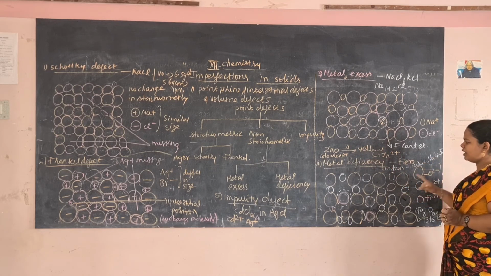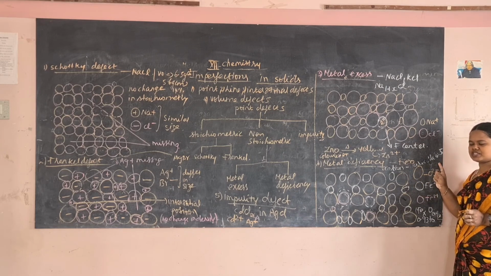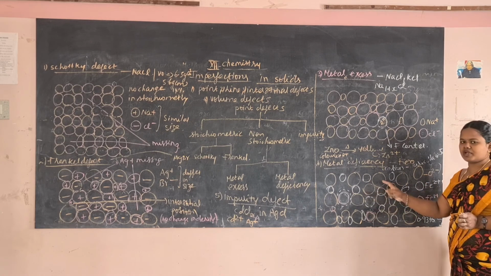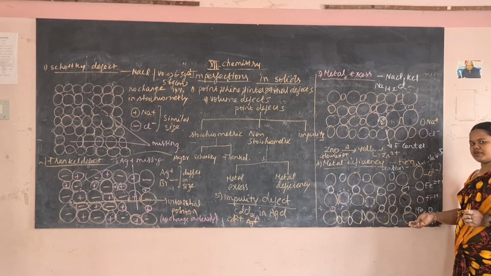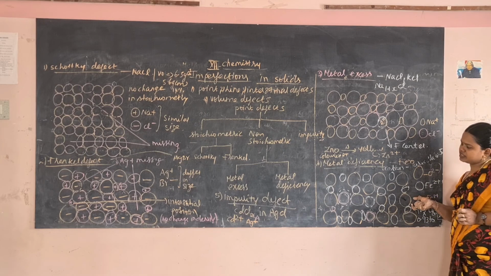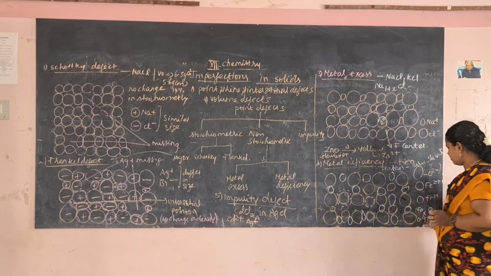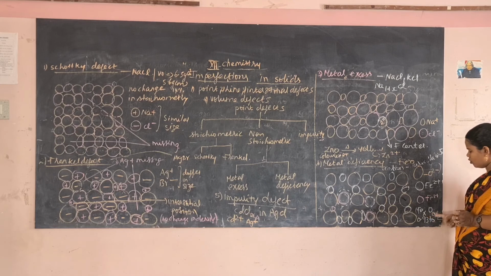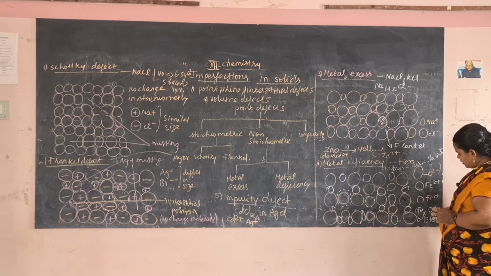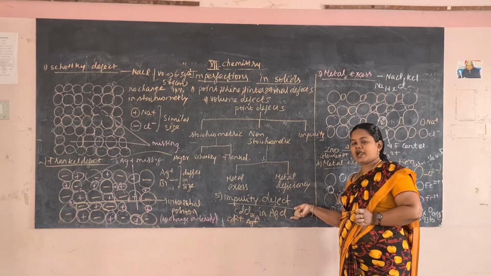And metal deficiency defect, example iron oxide. When the cation is present in variable oxidation state, iron 2+ will be converted to iron 3+. Although it is converted, the number of cations will be lesser than the number of anions. The last defect is impurity defect. The metal deficiency defect is represented as FexO, and this x is equal to 0.93 to 0.98.